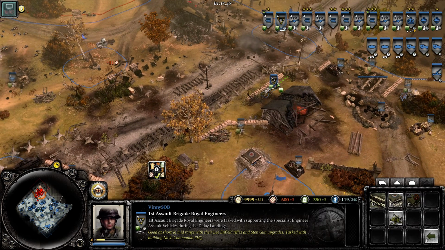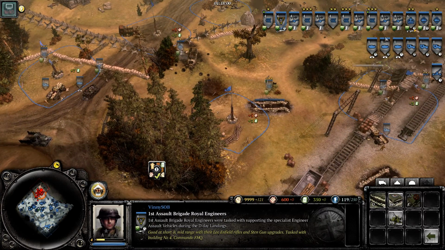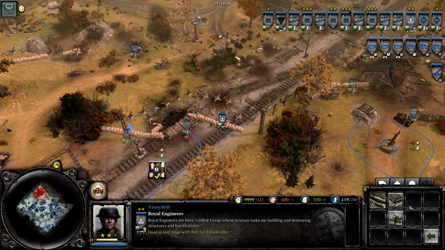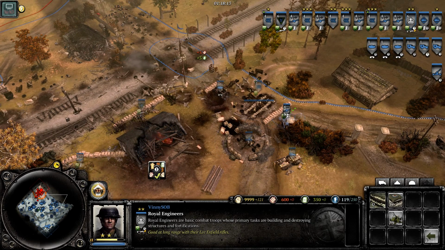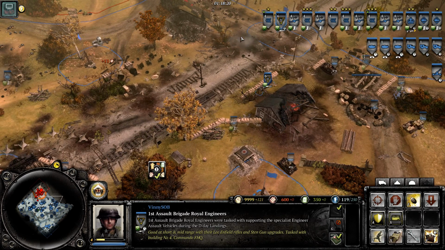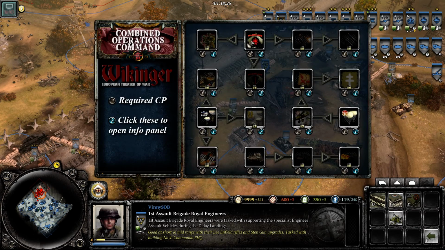So normally with your engineers, you are able to build, where are they at? See how these guys can't even build that field HQ, these initial set you start with. But normally with engineers, with Brits, you can build a forward base. Well, you cannot do that unless you actually unlock it here, similar to the airborne unlocks that you have. So that is something that has to be unlocked on the tech tree, and that is right here,